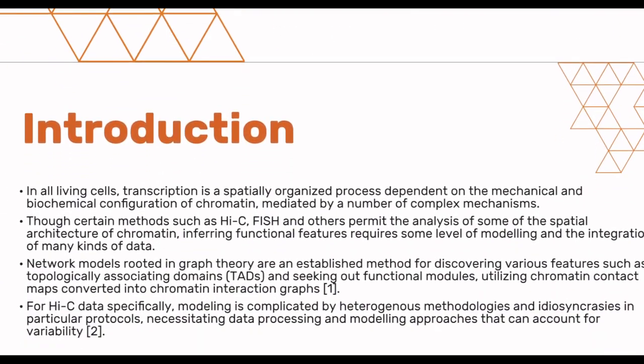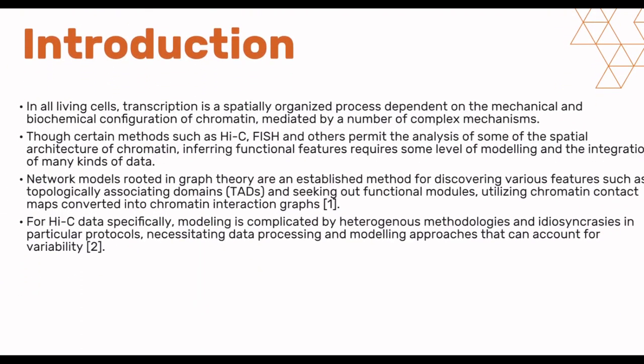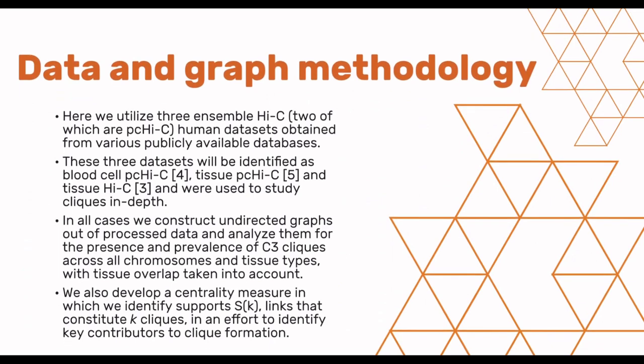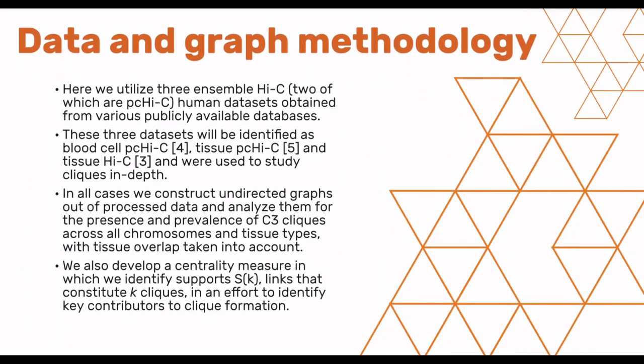It is a well-established fact that chromatin is organized spatially along both genomic and epigenomic lines in a dynamic fashion, and in recent decades a body of methods has been developed to help unravel elements of gene expression regulation tied to this spatial organization. Of these, high-C and derived methods are highly prominent, and since the inception of the field there has been a corresponding body of network analysis methods used to make sense of the unique topologies observed in chromatin conformation. Today, we present an examination of the functional significance of cliques of size 3 in ensemble high-C data,